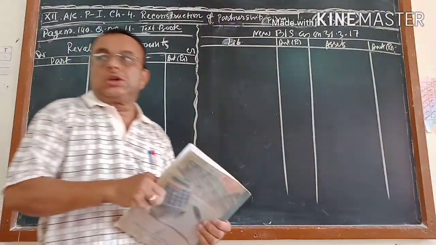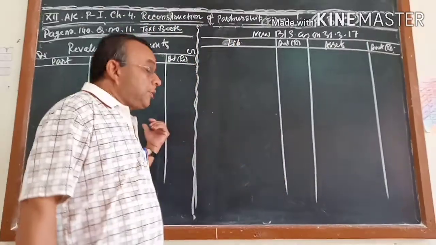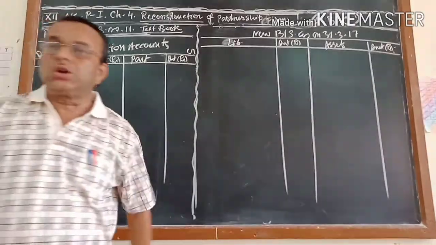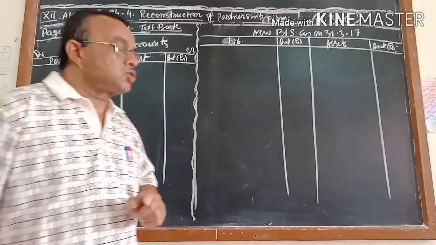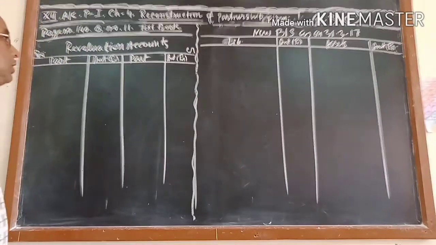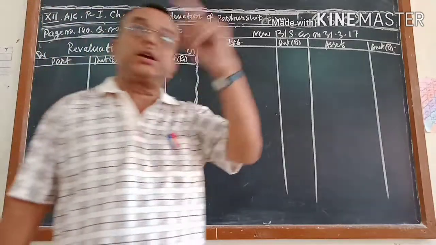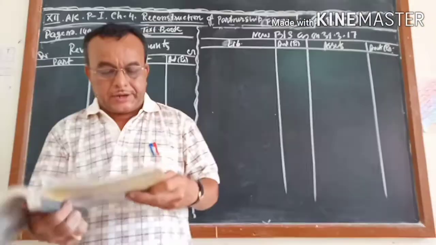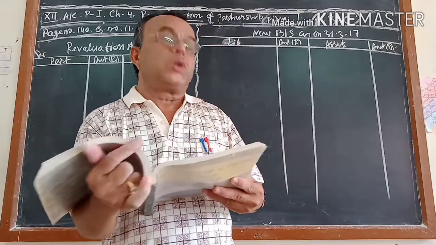Keep in mind, according to the old ratio. In this question, the new ratio and old ratio both will be given, but whatever loss or profit comes from this revaluation account, don't distribute it according to the new ratio. It should be distributed according to the old ratio. Generally, I will not write the journal; directly I will do the posting. Without writing the journal, you have to post into the ledger directly. Let me read the question first.